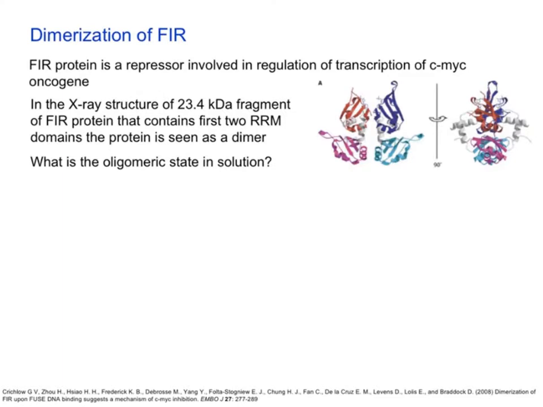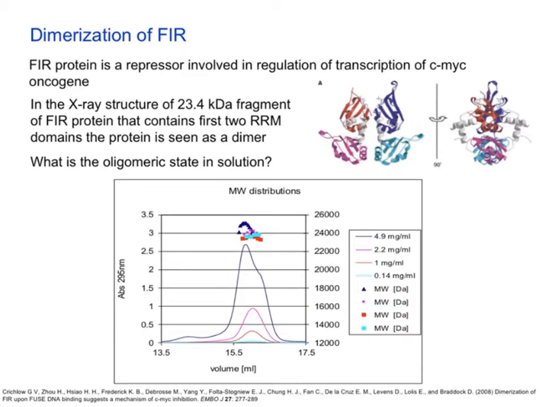FIR protein is a repressor involved in regulation of transcription of the c-myc oncogene. The research was approached with the question, what is the oligomeric state of this protein in solution? Even though FIR protein was seen as a dimer in the crystal structure, in solution we could not detect anything but the oligomeric form that corresponds to the monomeric FIR, with a molecular weight around 24 kilodalton, in agreement with